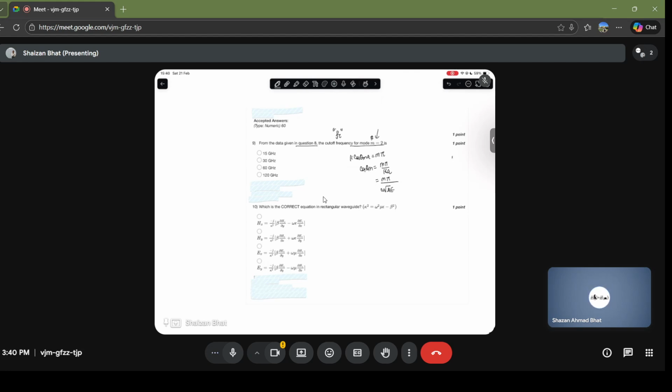because you have k equivalent to omega over c, which is equivalent to omega under root of mu epsilon, because c is 1 by under root of mu epsilon. So this is into a, so this will be m pi times omega under root of mu naught epsilon naught, and